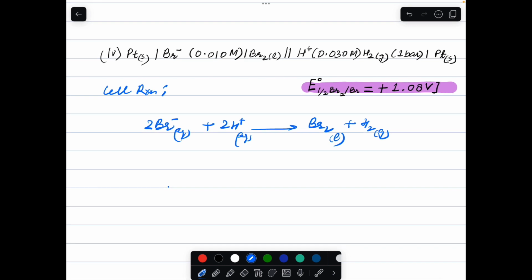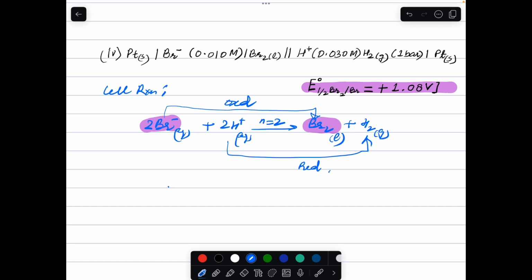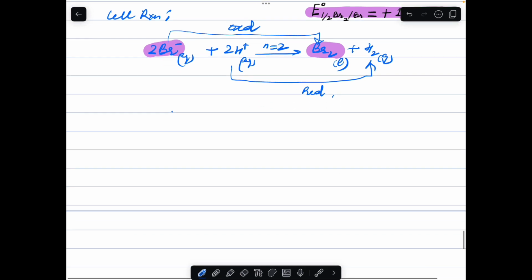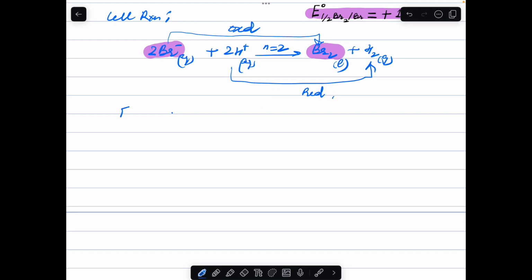And in this case, since 2 electrons are involved, therefore the value of N is 2. How? Because this process, that is from here to here, this is oxidation. And the second one, where we have standard hydrogen electrode, this is the reduction process, and electrons involved are 2 in this case. So we will write down E naught cell value because we will use this in the Nernst